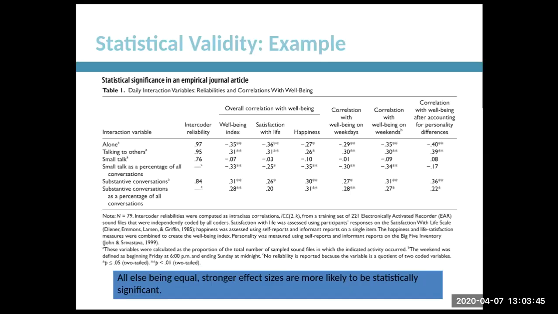And if you look down below, right above where it says all else being equal, you see that that is significant at 0.01 or below. So that would be really significant in that case, right? So we can see these different scores and how we can relate to them and know that there's statistical significance. If they have at least one asterisk, we know it's statistically significant at the 0.05 level. And if they have two, it's statistically significant at the 0.01 level or below.